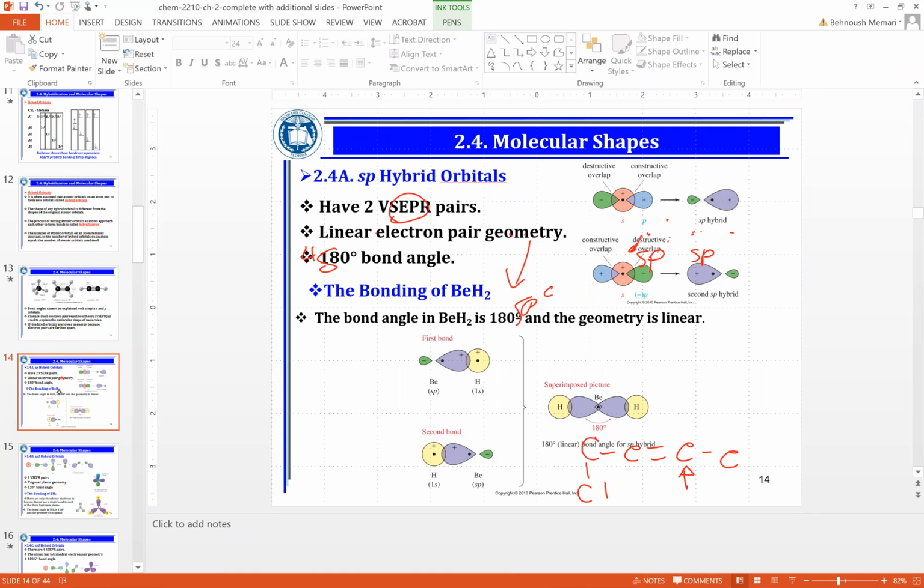So the next few slides are talking about the sp, sp2 and sp3 hybridization. Because it's the end of the class time, I'm going to stop the recording here. This recording, when it becomes available, I will